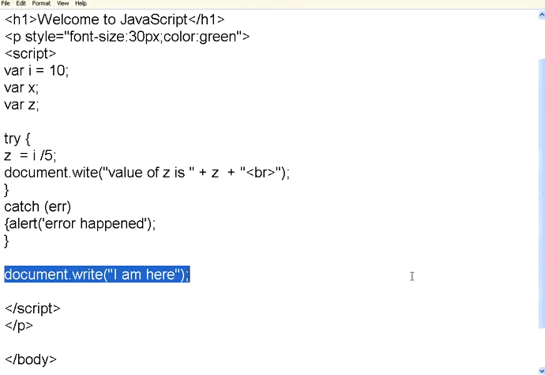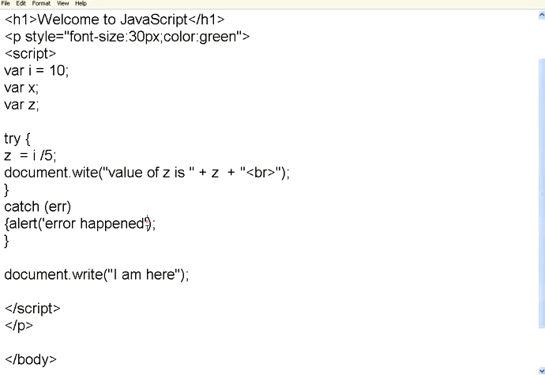That's the biggest advantage. Now how do I know what error has happened? Let us do something over here. If you watch this statement, now I have appended err.message. This dot message is the one that will give you descriptive information about what error has happened, because otherwise if we simply give a message error happened, we do not know what error it is.